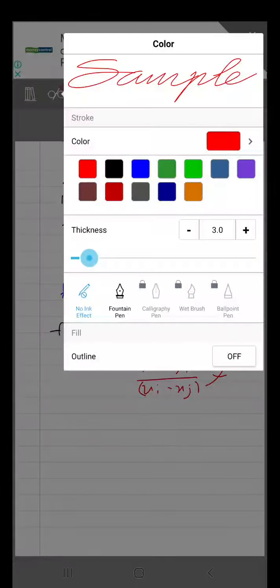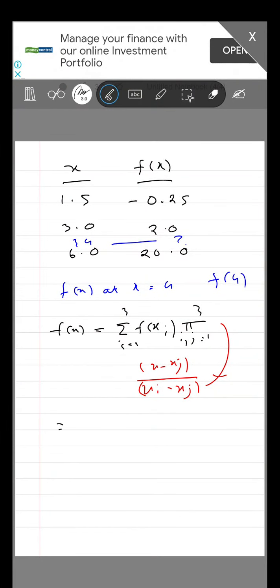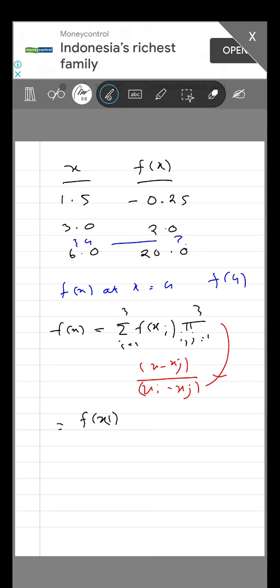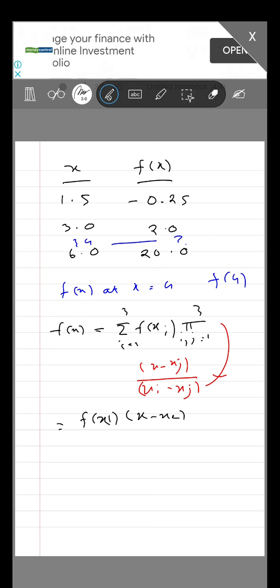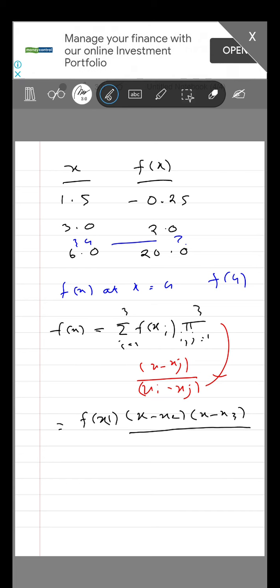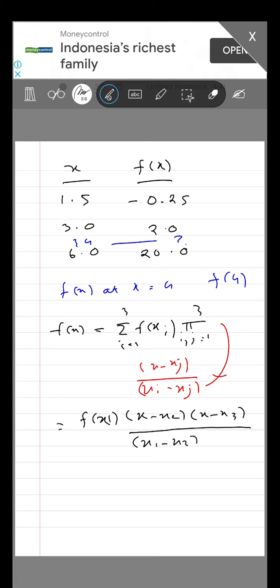So if we expand it, the first one will be f(x1), corresponding to i equal to 1. Since i is equal to 1 and j moves from 2 to 3, it will be (x minus x2) and (x minus x3) divided by (x1 minus x2) and (x1 minus x3),